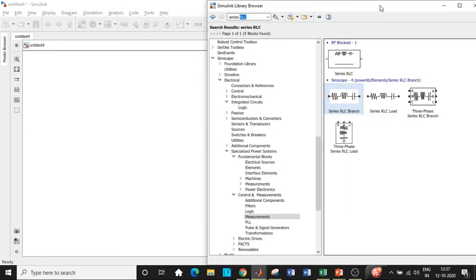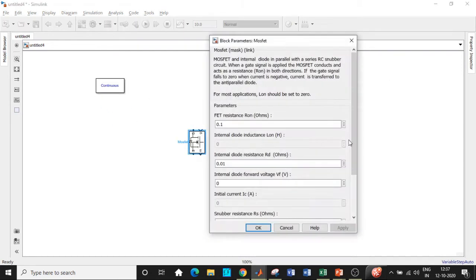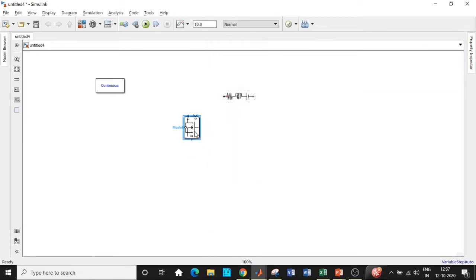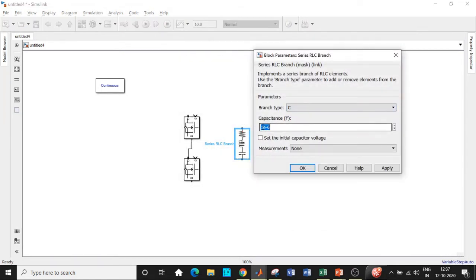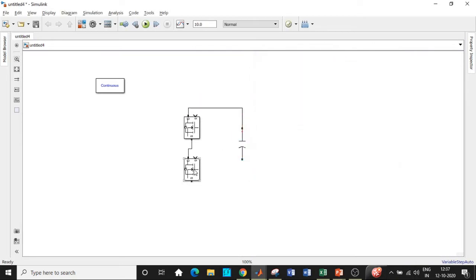Once all of these blocks are added, let us place them in appropriate positions in this particular fashion, and double click on this and disable the measurement port because we are not using them. Having that would lead us to a lot of confusion. Once that is disabled, let us connect them in this particular fashion, and we'll be using a capacitor. Rotate this and choose the value of the capacitor to be 100 microfarad. Once that is done, you can try it out for different values as well. I'm just going with a random design choice for the capacitor value.